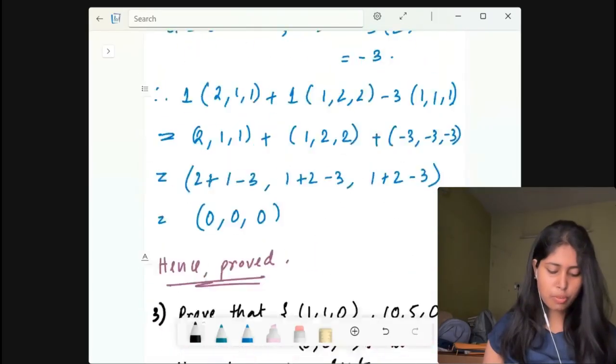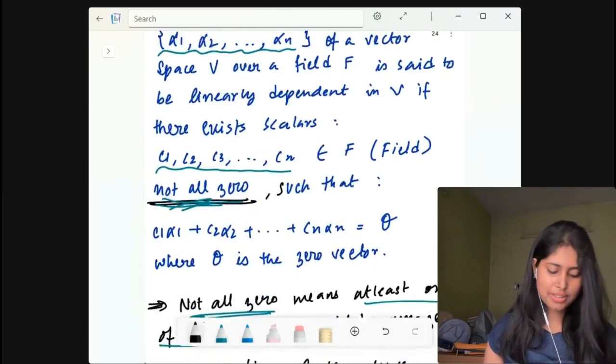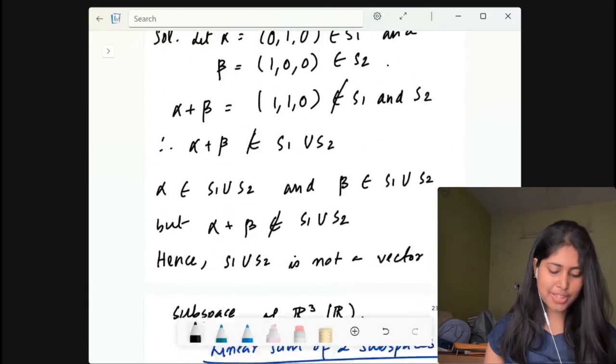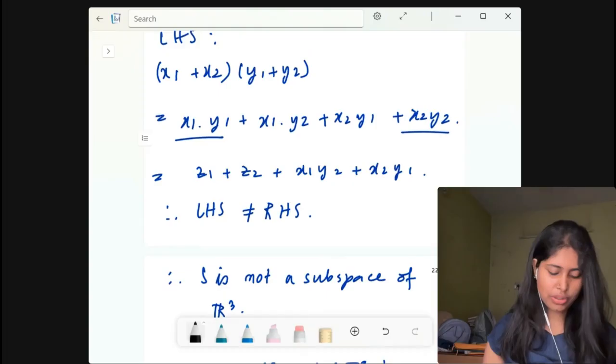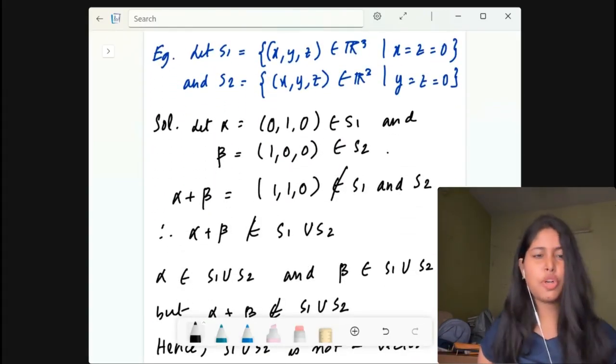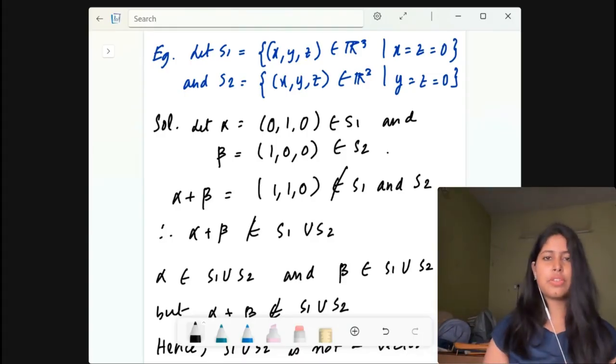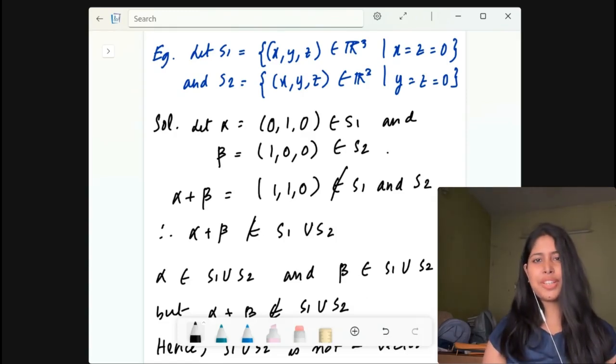So we have done all the 5 questions which we were about to do for today's class. From where did we start? We did so many things today. Yes, from here we started: the subspace, the two theorems of subspaces, right? That's a wrap for today, and we covered all these.